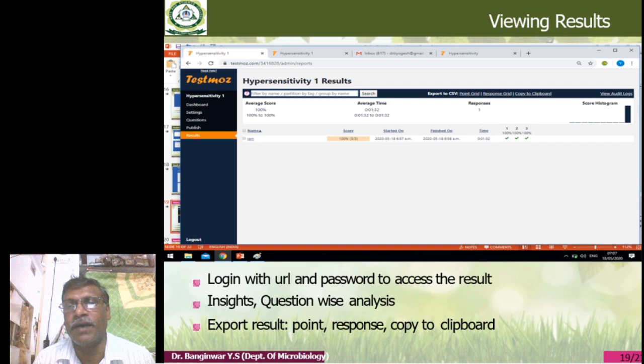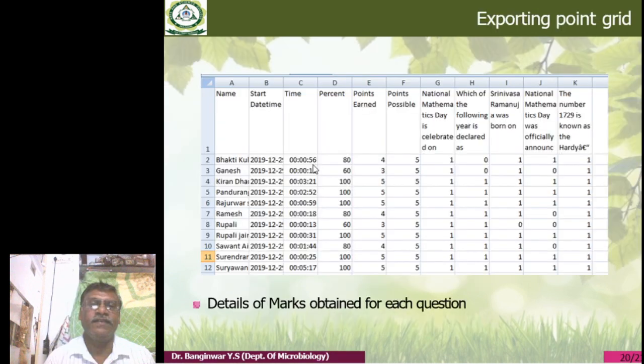The names of the students are there, with start date as well as time. The time taken is only 56. So this is the time required. Then the percentage, and the points earned, and the rest is question by question analysis. The details of the marks obtained for each question can be shown.